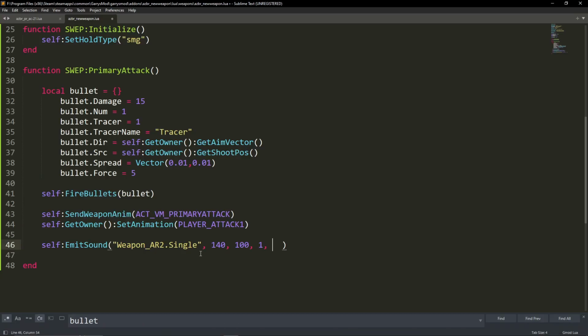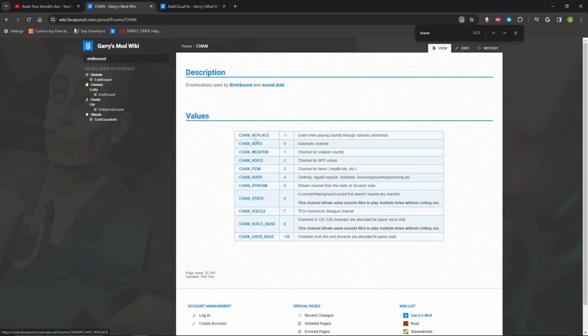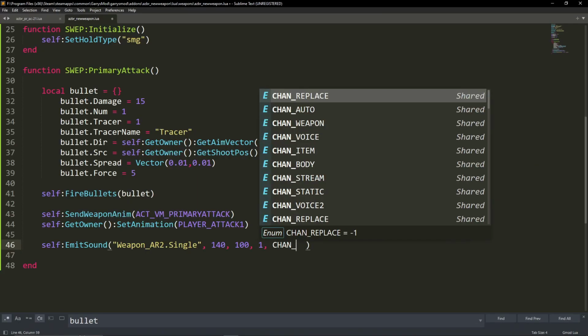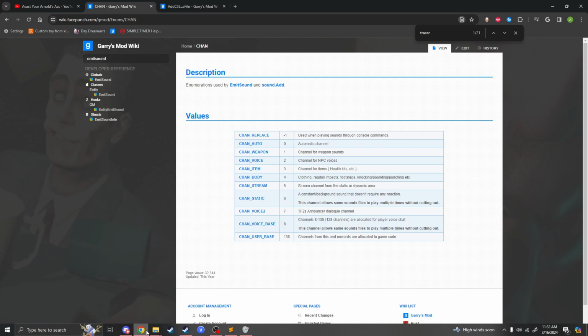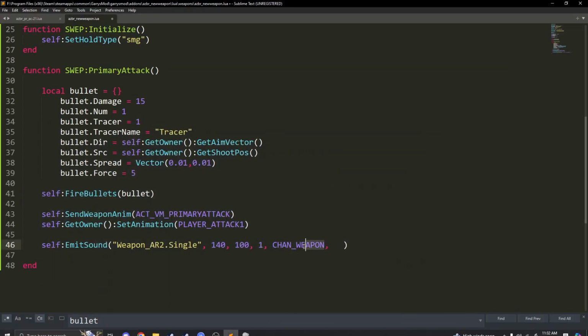This is the sound channel. There's multiple channels in the game, as you can see right here, for where the sounds come from. If too many sounds are on one channel, they will overlap each other or they will cancel each other out. So we can leave it as CHAN_AUTO or CHAN_WEAPON. If it doesn't work for you, try setting it to auto, or if you need to set a new channel entirely, you can do